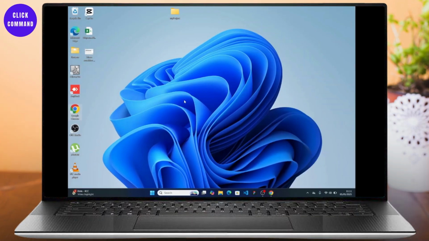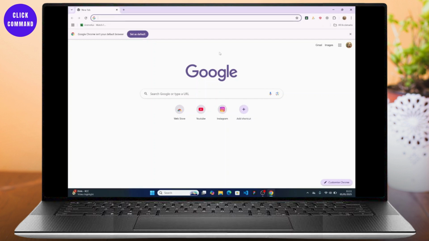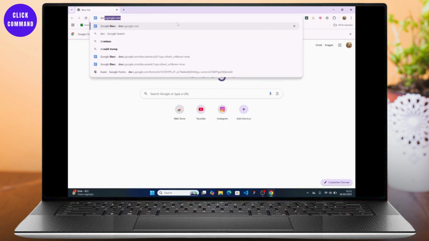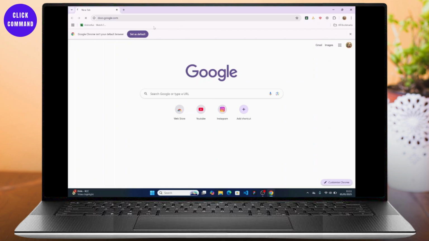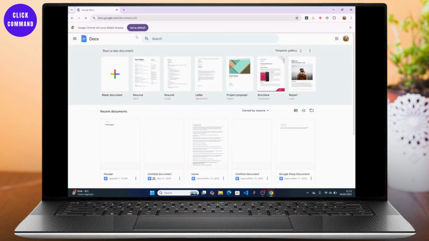In this quick tutorial, I'll be showing you how you can easily convert Word file to PDF. So it's a quite simple process. First thing, just head over to any of your favorite browser and simply search in for Google Docs. That is the official website of Google Docs.com. So once you search in for docs.google.com, you should be heading over to this website and just make sure